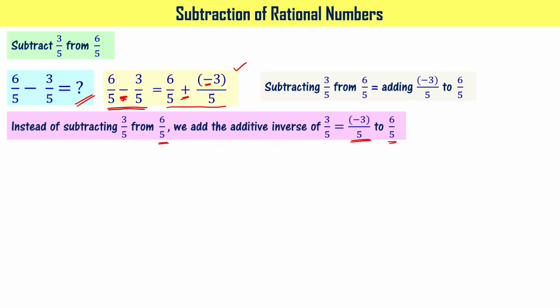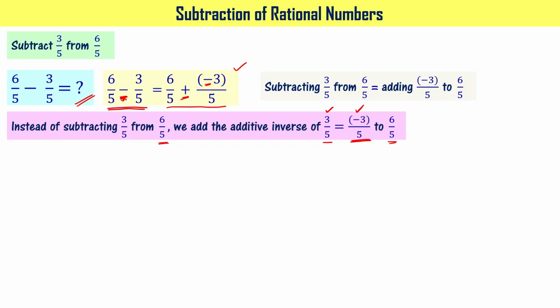You have learnt about additive inverse, right? When you add 3 by 5 and minus 3 by 5, what you get is 0. When you add two rational numbers, if the resultant rational number is 0, then those two rational numbers can be called additive inverses of one another, right? In this particular case, I can say 3 by 5 and minus 3 by 5 are additive inverses. For example, minus 3 by 5 is the additive inverse of 3 by 5, or 3 by 5 is the additive inverse of minus 3 by 5, right?